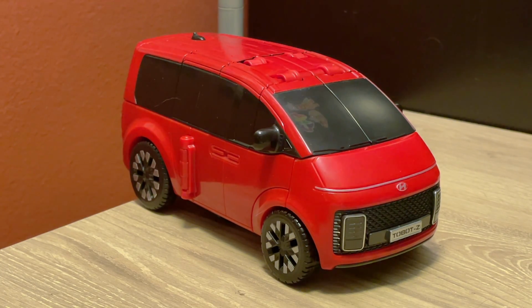I found this out less than a month ago and was kind of shocked that they did this, but apparently Young Toys brought back Tobot X, Y, and Z in new toys. I don't at all know the story reason behind it. I don't know if it's a reboot, a refresh, or if they're just like, hey, these characters are back on the show. But they brought back Tobot X, Y, and Z. They have similar yet distinct styles compared to their previous iterations. And also, surprisingly, Young Toys